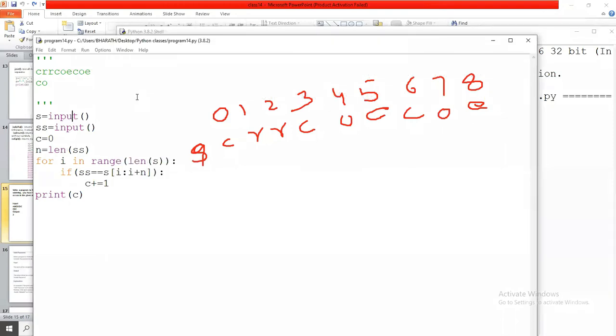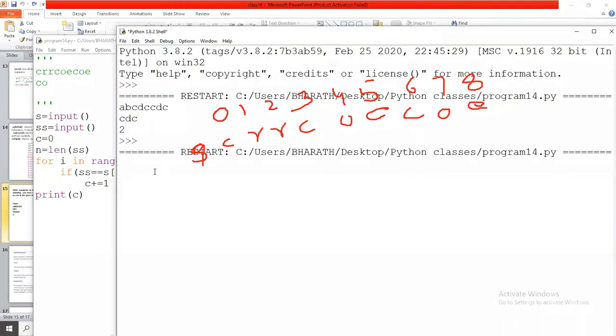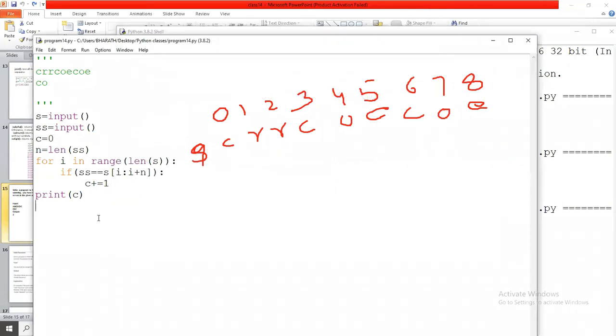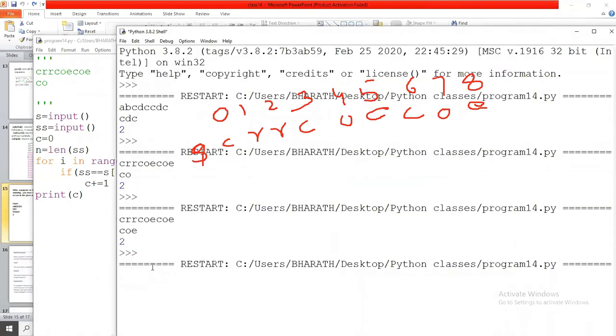If I give CRR, COE, COE and the substring CO, so 2 is the output. If I give COE, it returns output 2. If I give C as the substring, it returns 3.